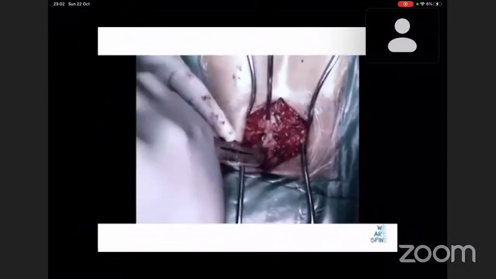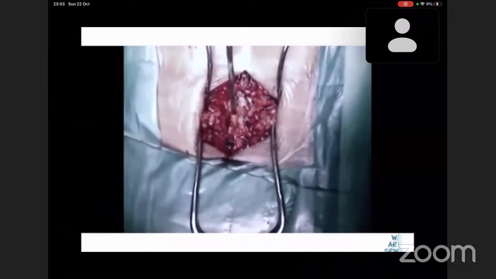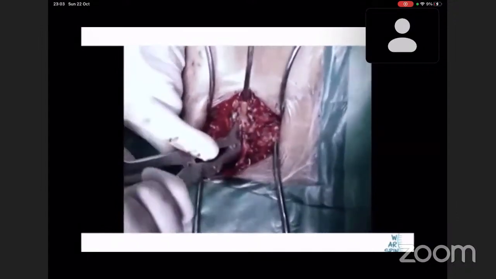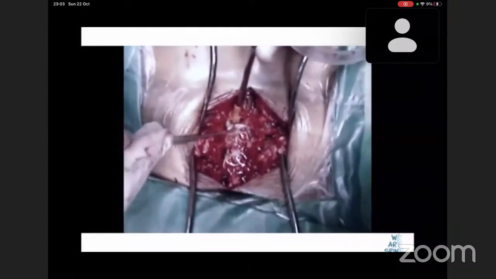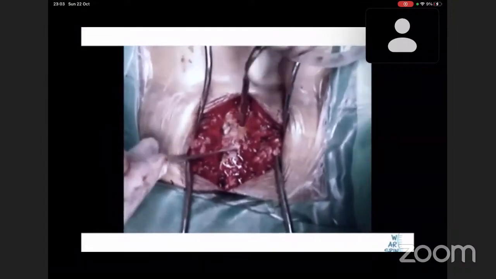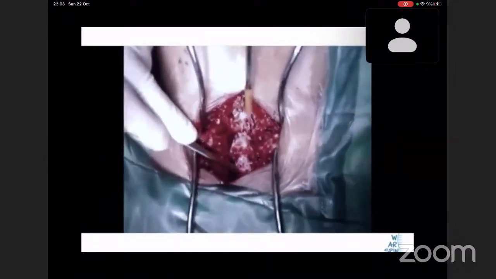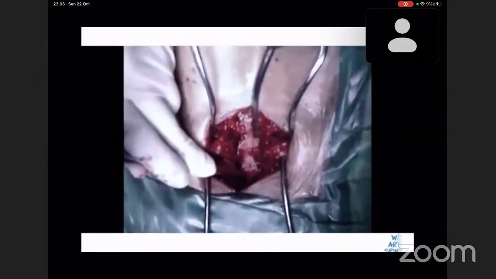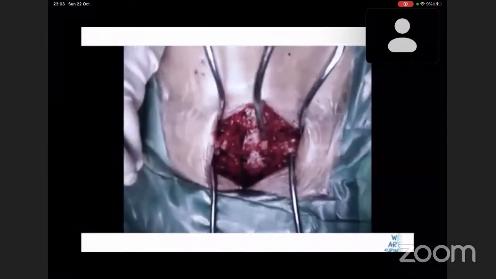After that, you can start thinning off the lamina with the help of a nibbler or a burr. This makes decompression easy later on, as the effort with the Kerrison reduces. Use an ample amount of bone wax to seal off all the bleeding edges. Then you can start taking a rongeur. Usually you start off with a number 3 or a number 4 rongeur. In tight stenosis, try sticking to number 3, whereas in moderate stenosis, you can take a number 4.